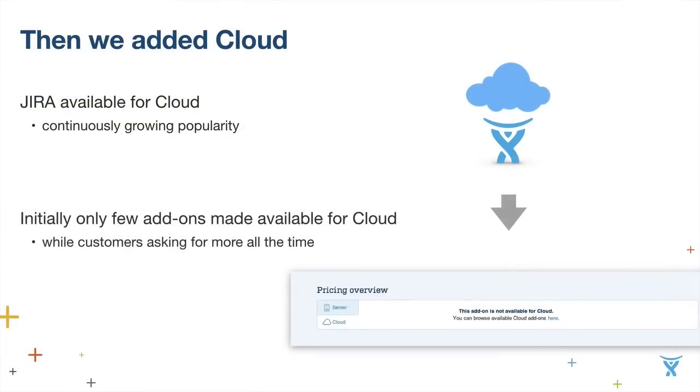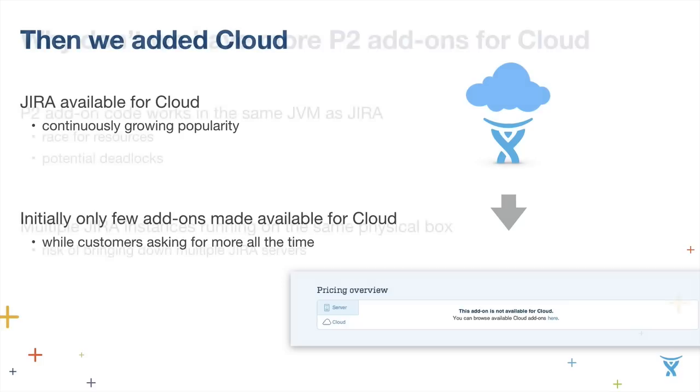So the popularity of that platform was growing, but what about all those P2 add-ons that were created for JIRA? Well, with the cloud offering, we did not provide users with full access to all the administrative settings because it was basically dangerous. Therefore, P2 add-ons could not be installed with JIRA Cloud. So we thought, maybe we can install these add-ons for the users. We actually started that process. We bundled several of the successful add-ons with JIRA. And then we stopped.